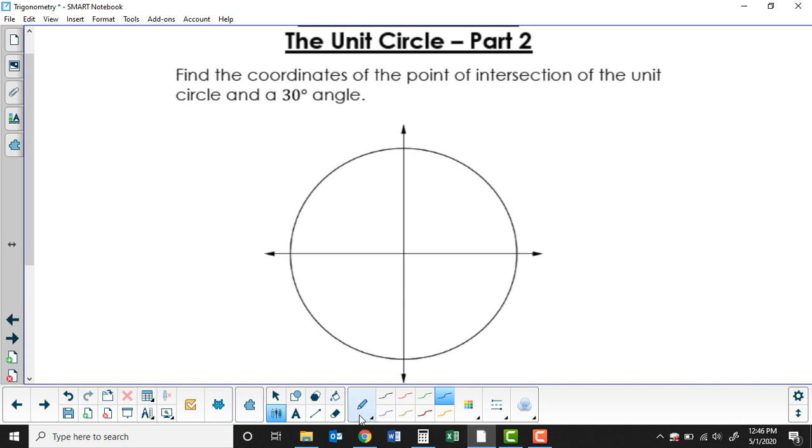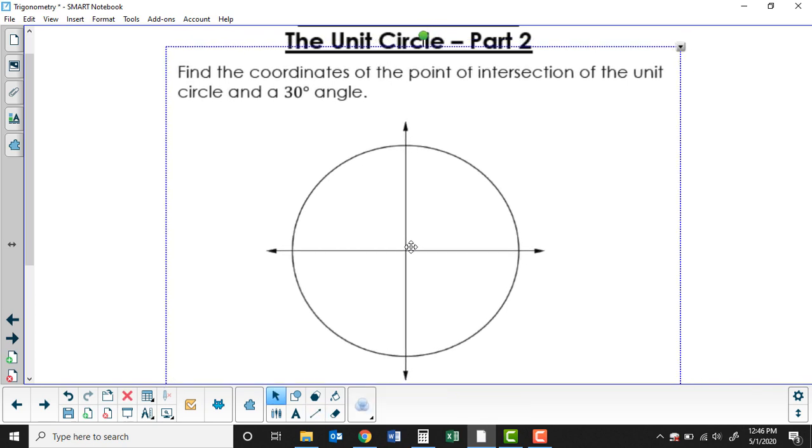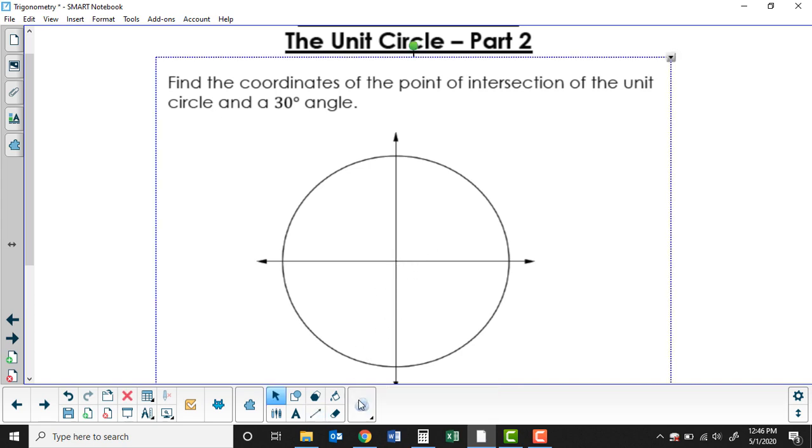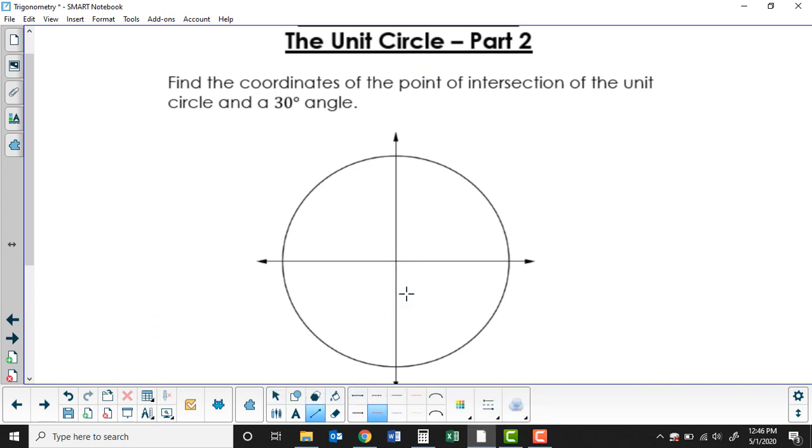So let me get rid of this and I'll use a line tool so it's a little bit nicer. Let me use red. Okay, so we're starting here. We're going out about, let's say, 30 degrees. I'd say it's about maybe right here or so. So that's saying that our angle theta is a 30-degree angle,